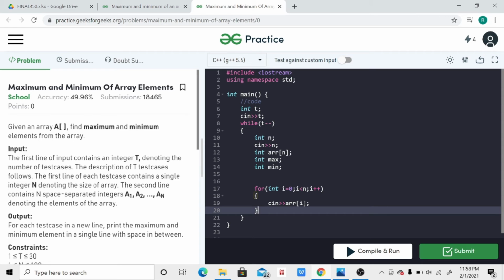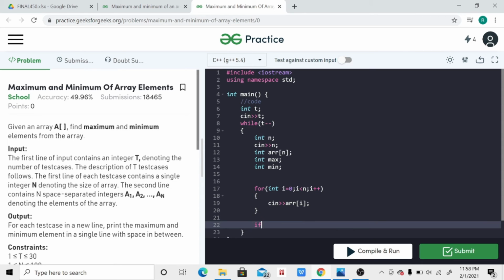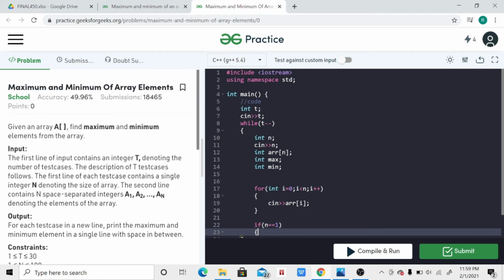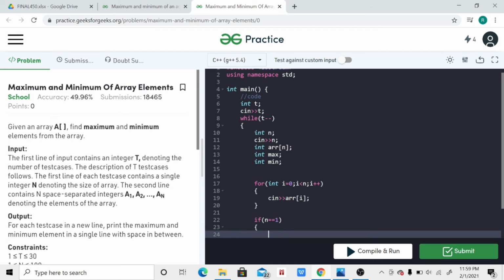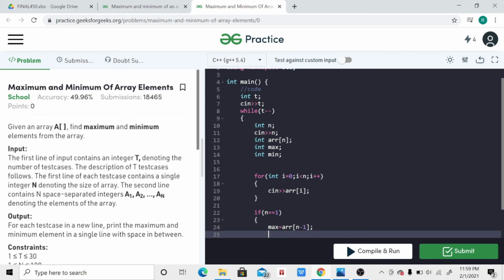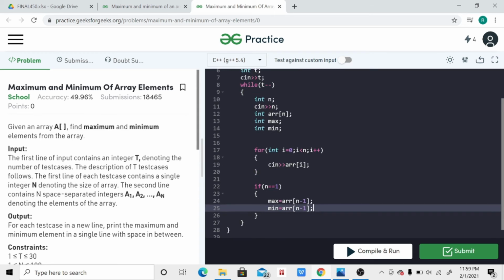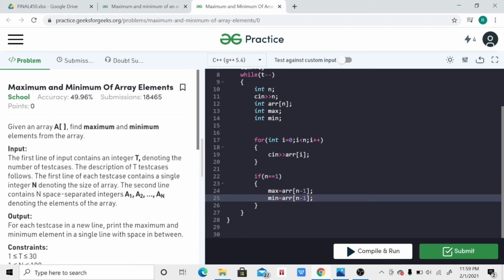Now we'll check our base condition, that is if there is only one element in the array, that is n is equal to 1, then we'll assign max and minimum to that element only.